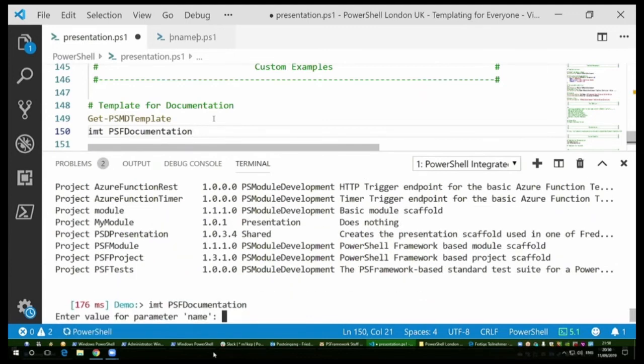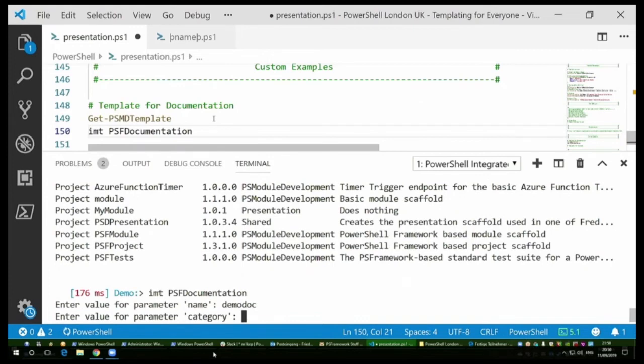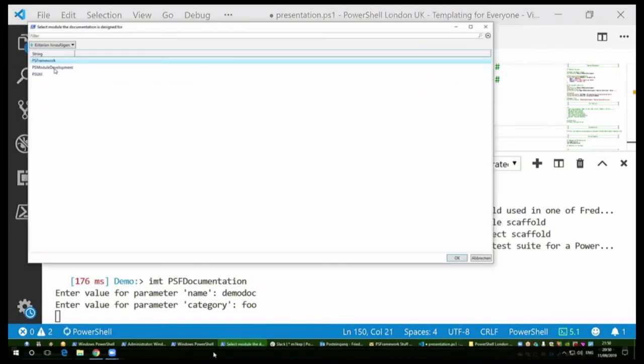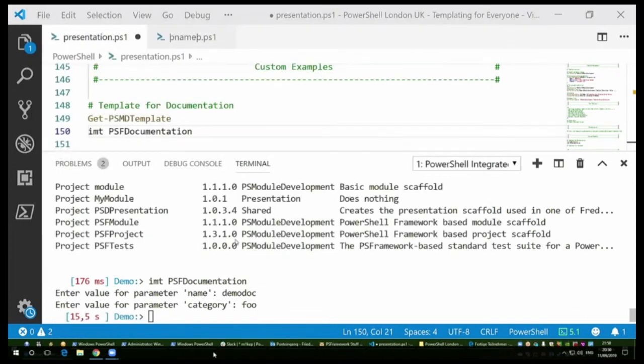Let's run one up. Now it prompts me for the module I'm creating. I'm working on PS module development this time. I can run any kind of script block, so I can also use Out-GridView. And now if I